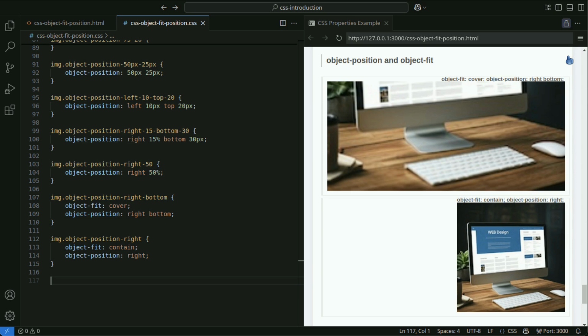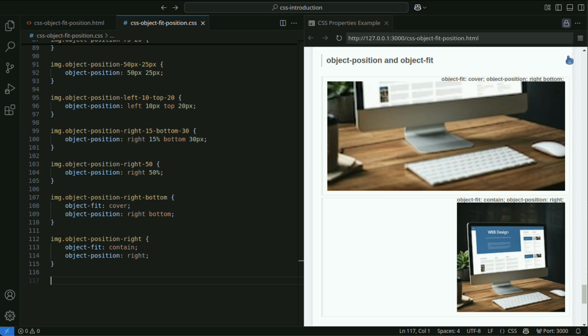You can specify the following values for object fit. Fill. The image may be distorted, but it fits the entire container. Contain. The entire image is displayed while maintaining the aspect ratio. Cover. Trimmed to fit the container, while maintaining the aspect ratio.